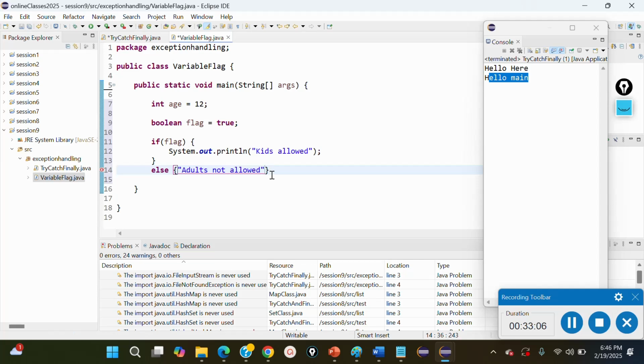And here it will be. And let me put this in a sysO statement. Let me control X and just say sysO. And we can simply put it here, adults not allowed. So now here, how are we using this flag? This flag we are using as a signal over here, that in this situation, if age is under